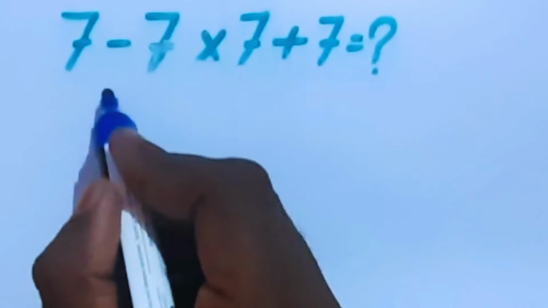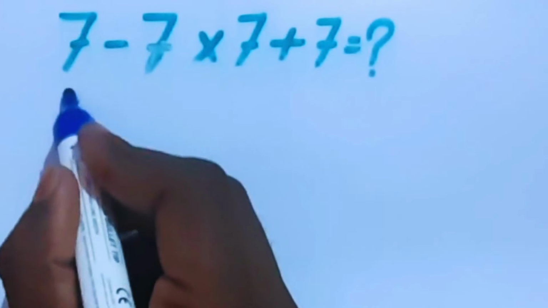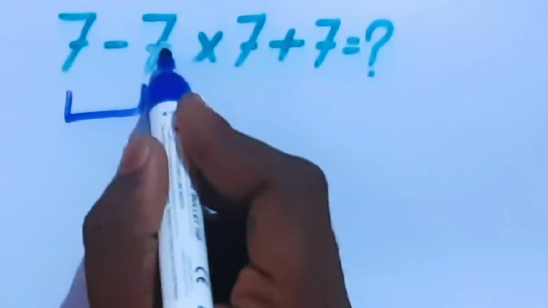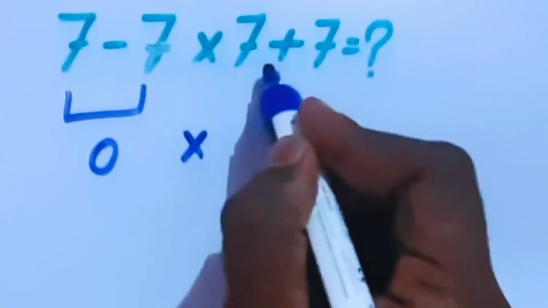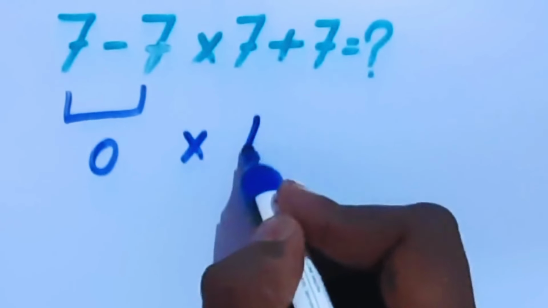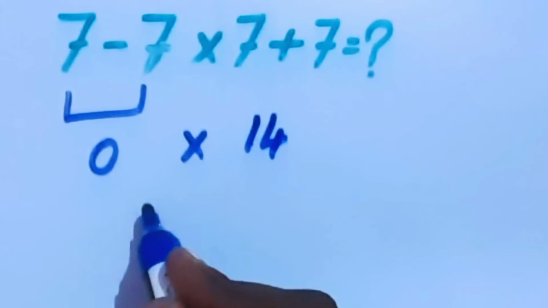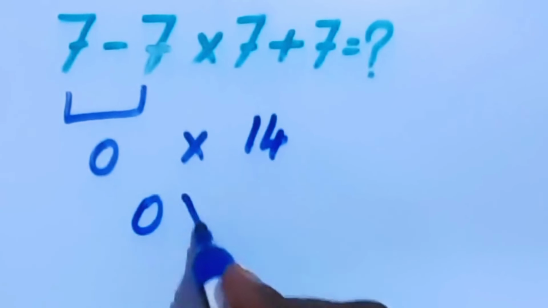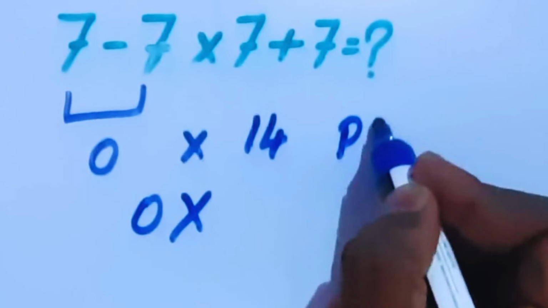Hi guys, most of them get answer 0 for this problem. It is wrong. Let's see. 7 minus 7 is 0 times here 7 plus 7 is 14. Now 0 times 14 is 0. This is wrong. As per the order of operations, PEMDAS,